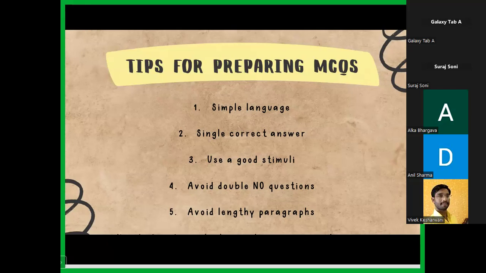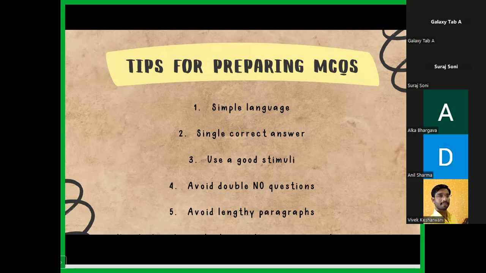So what we write, we say, identify which of the following is not incorrect. So not incorrect, not false. Which of the following is not false for the so-and-so process or the concept, or let us say which of the following is not false for the Russian Revolution, for the French Revolution, or for agriculture in India, or which of the following is not false for globalization. So this not false, it is a double no. So avoid these kind of questions because they simply tend to confuse the child.